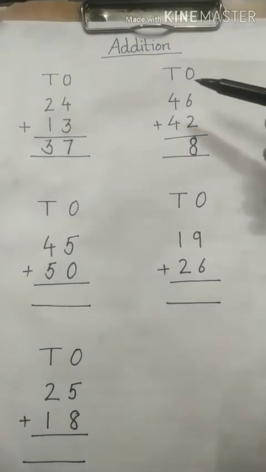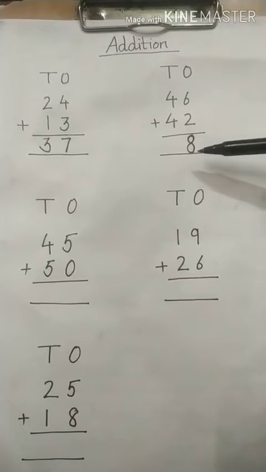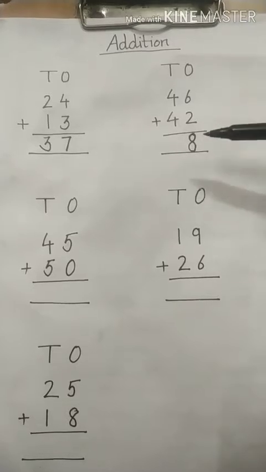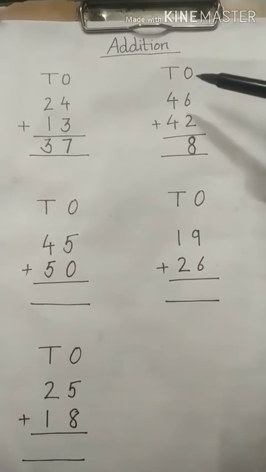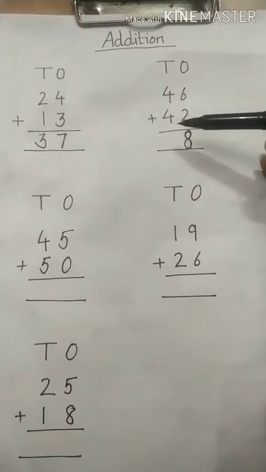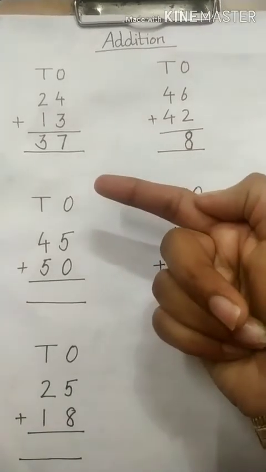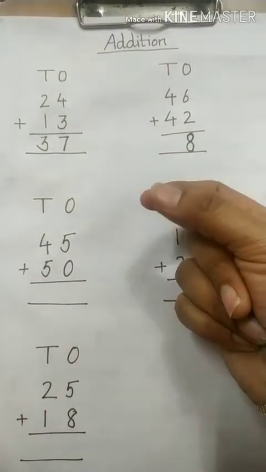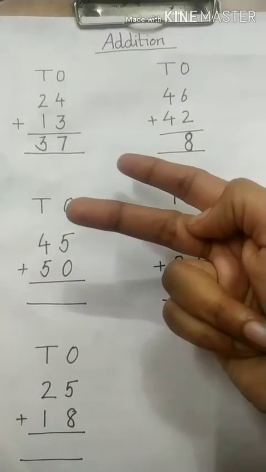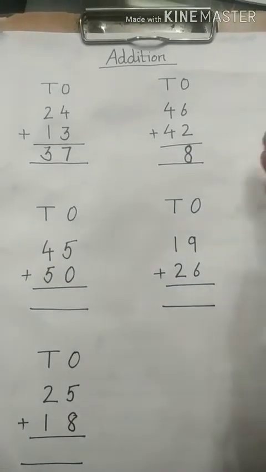Okay, this was the method of doing at ones place. We always start addition or subtraction or any of the operation, we always start from ones place. Which place? Ones place. Then 4 in the mind and 4 fingers up, or you can use the blocks as well. 5, 6, 7, 8. I have moved towards the 4 blocks and 4 I kept in mind also. So what is my answer now? 8.